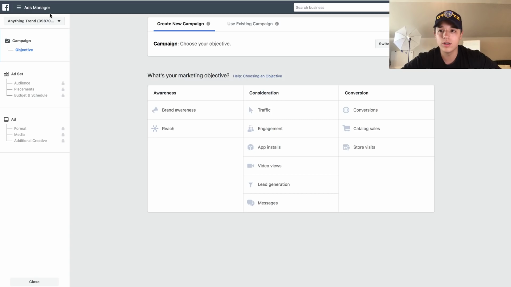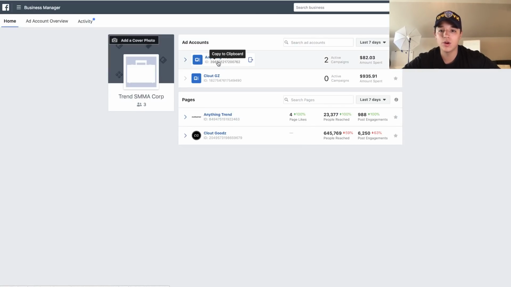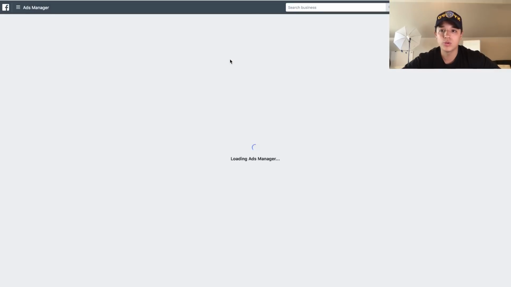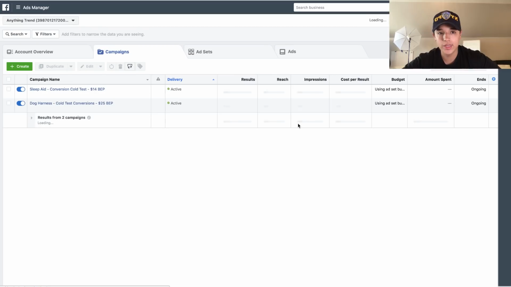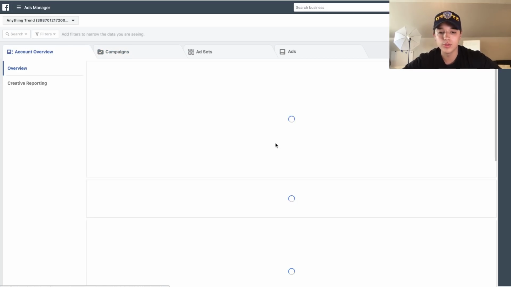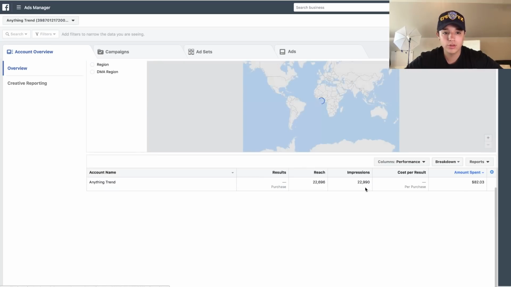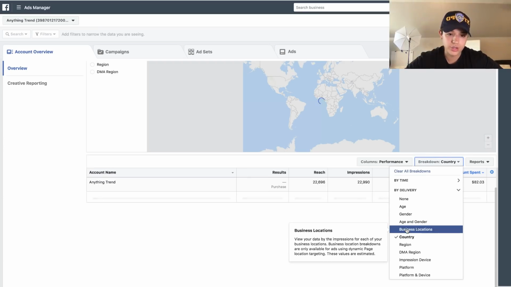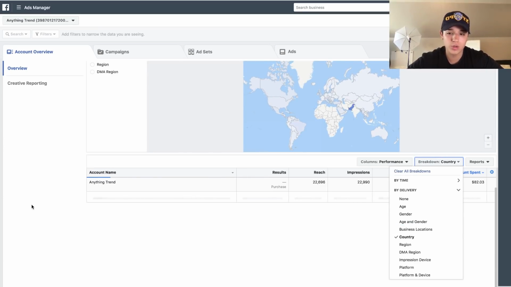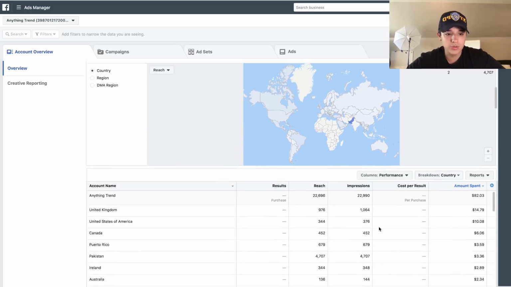That's really the next step that I take after I see which ad sets are doing well and which ones are making money. Then we break it down. So basically what we can do is go here to account overview, scroll down, and break it down by delivery, by country. Right now it's not really going to work because there aren't any sales yet. But once it starts to get sales, we're going to be able to see which one is getting the lowest